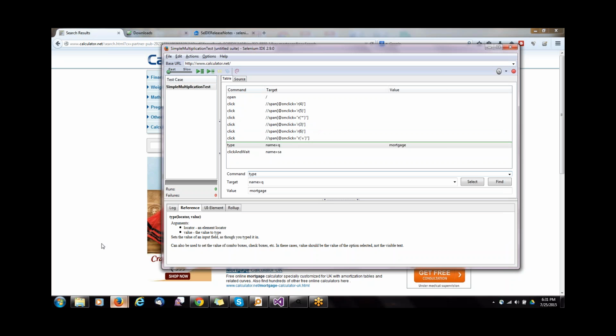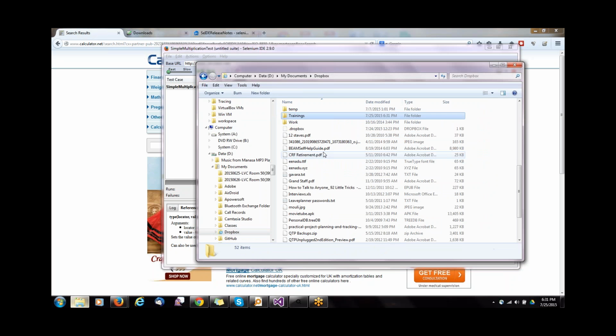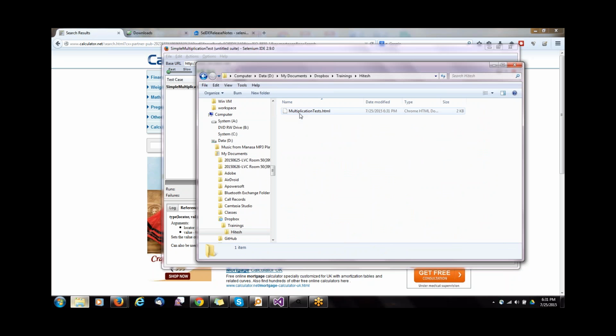Okay, I saved it over there. Let me just go there and see what actually is saved. Dropbox. It saves it as a HTML file. Okay, so if we open this HTML file,